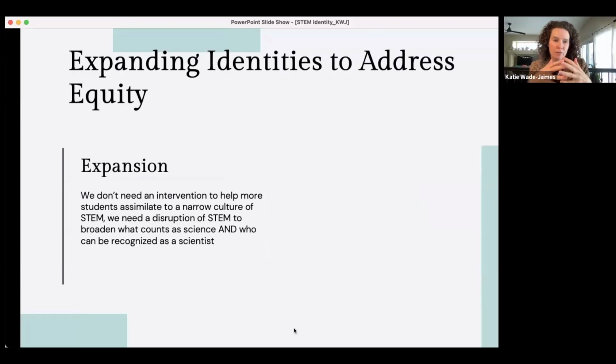So instead of conflict, what we want to think about is how do we expand identities, right? So how do we expand what counts as being a scientist or a science person? So I would argue, as much as interventions are wonderful and they give students a chance to participate in STEM and the culture of STEM, we don't need to assimilate students into a narrow culture of STEM. We need to disrupt what we think of as STEM, broaden what counts as science and who can be recognized